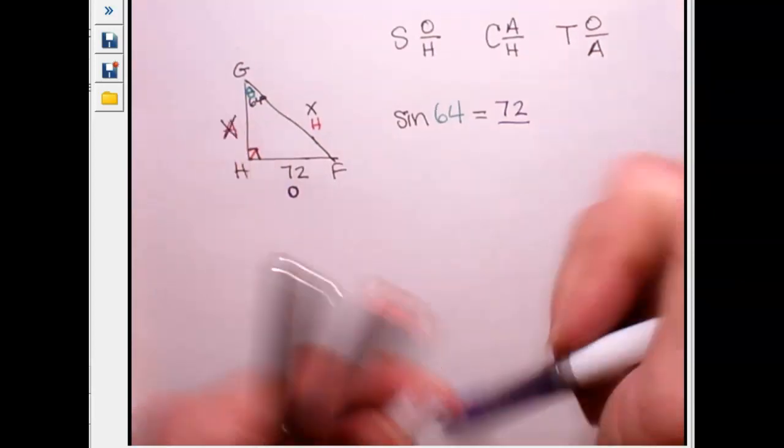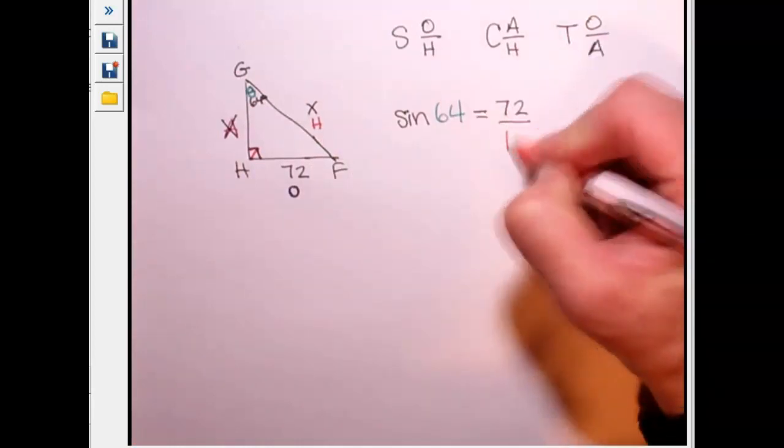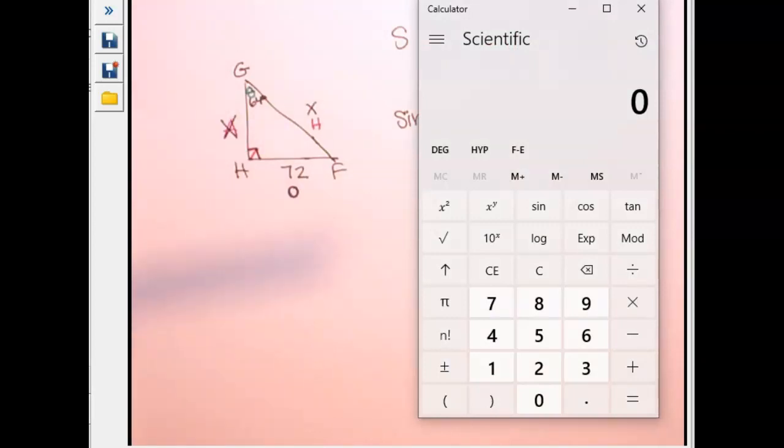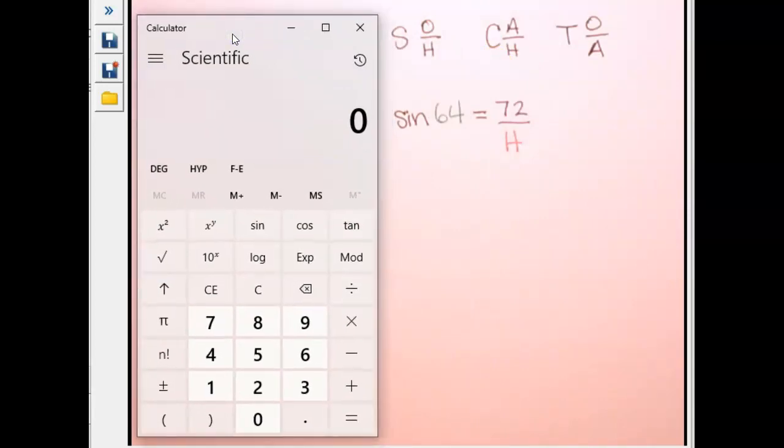And the hypotenuse is the one that's on the bottom. So that would be h. So we have sine of 64 is equal to 72 over h. So I'm going to pull the calculator up here. The very first thing after we set up that proportion is we want to figure out